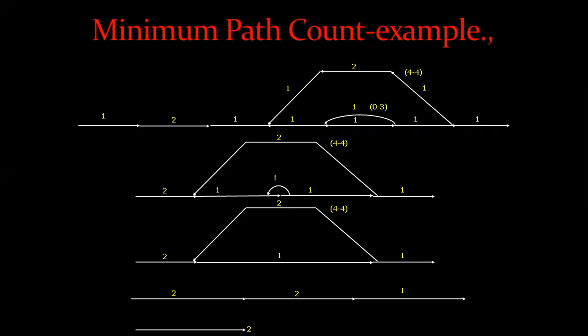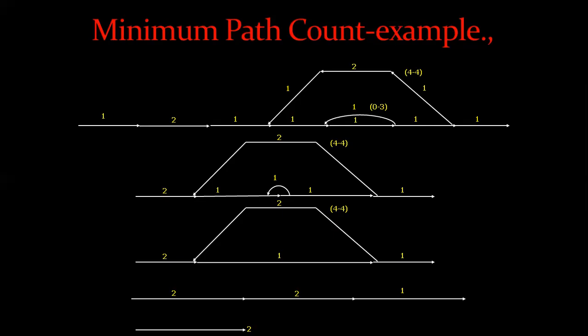So what is the maximum of 1, 1, 1? Again, it is 1. From this, we got this. Now what is the maximum of 2, 1? It is 2. That's why we have written it. What is the maximum of 2, 2, 1? Again, it is 2. So the lower value we got is 2, and the maximum value we got is something around 32,768. So the lower count, the minimum path count for this particular example, is 2.